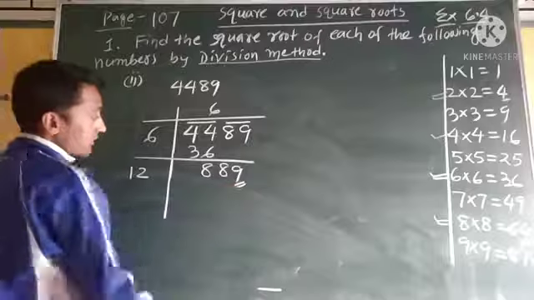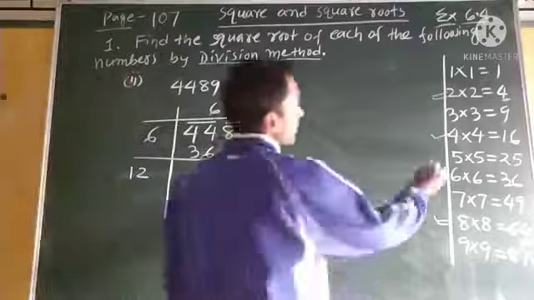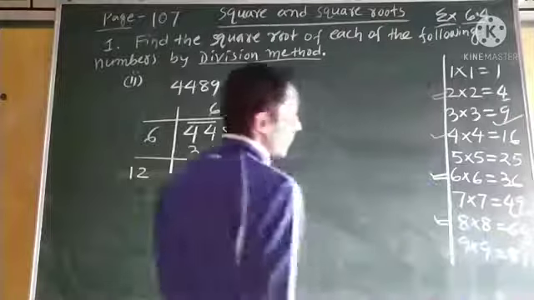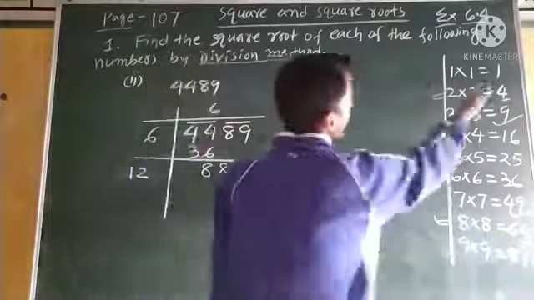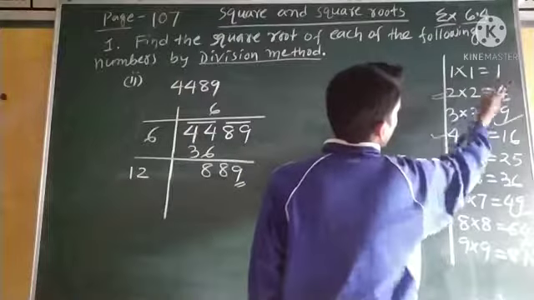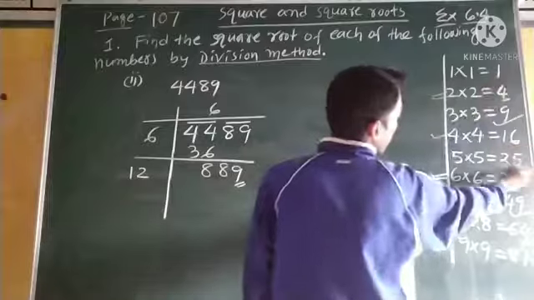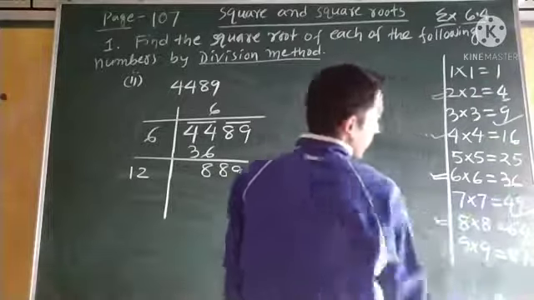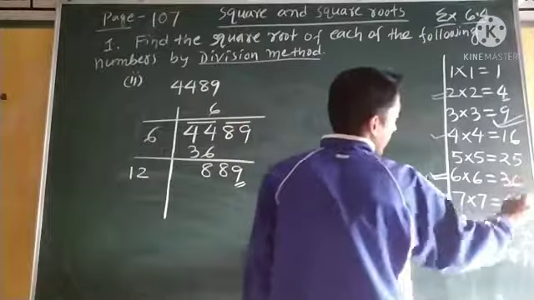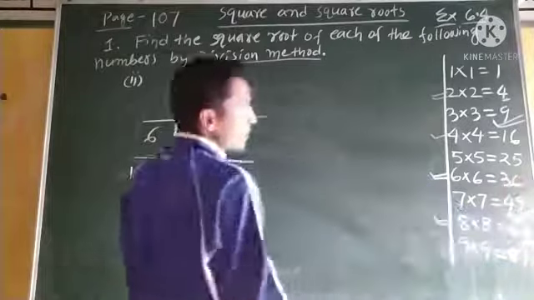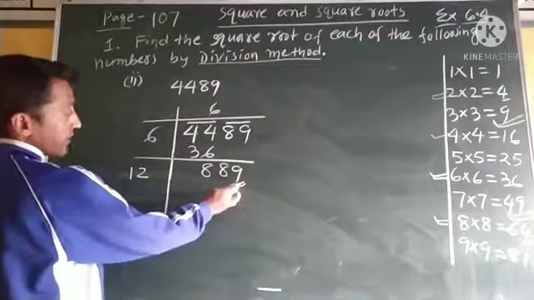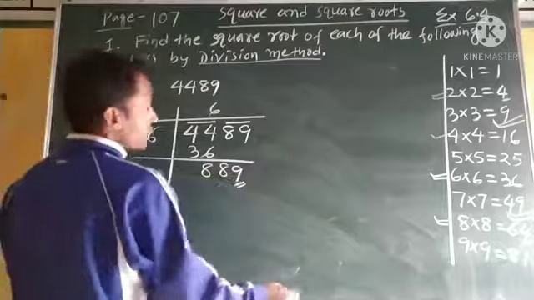Now you see that the last digit is 9. If you use 3, you will get 9, and if you use 7, you will get 9. If you use any other digit, you will not get 9. For example, using 1 gives 1, using 2 gives 4, and the others give 6, 5, 6, 4, 1. Only 3 and 7 give 9.